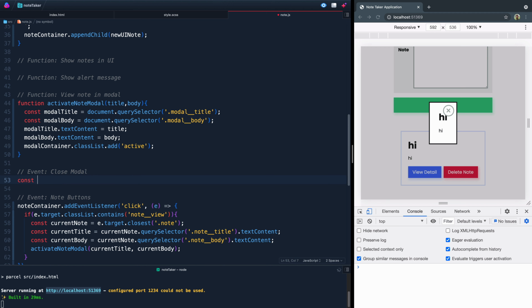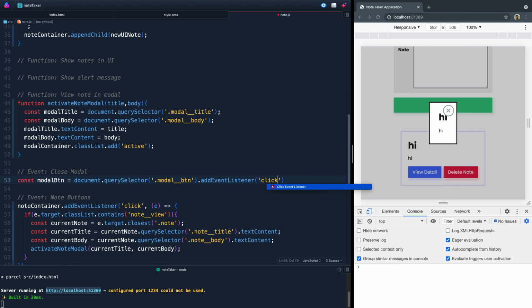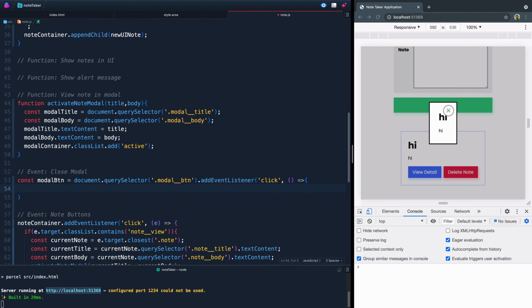So let's say const modal button is equal to document.querySelector, and that's just called modal button. And then we'll add the event listener directly here. We're listening for a click. And whenever we click, we just want to say modal container .classList